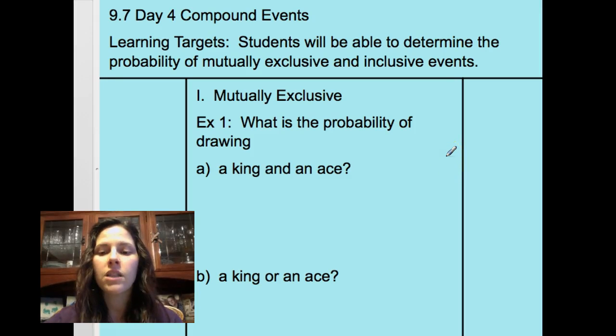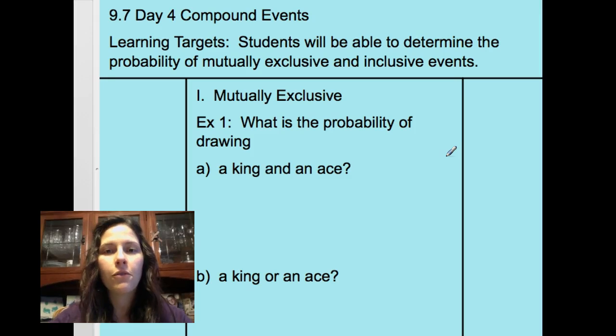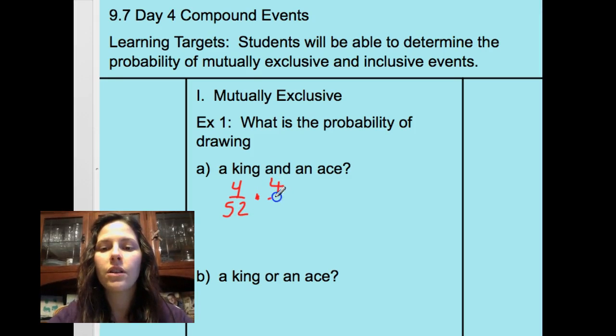A deck of cards, what's the probability of drawing a king and an ace? So this is a little bit of a review from our AND probability. And when we're drawing cards, we assume no replacement. We're dealing out a hand. So we have 4 out of 52 cards are kings, and 4 out of 51 cards would be an ace. So simplifying our probability, 4 goes into 52 13 times, multiplying straight across, we get a final probability of